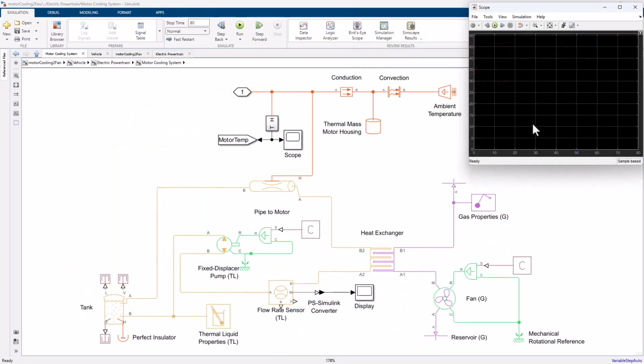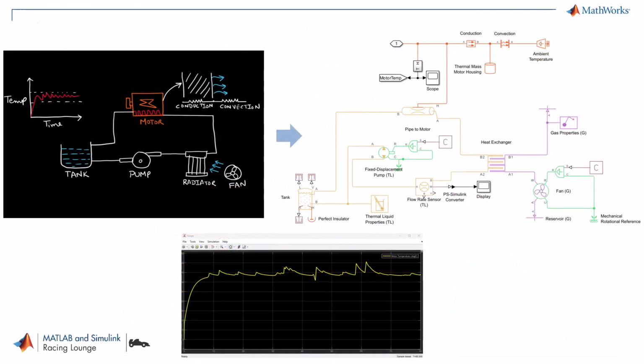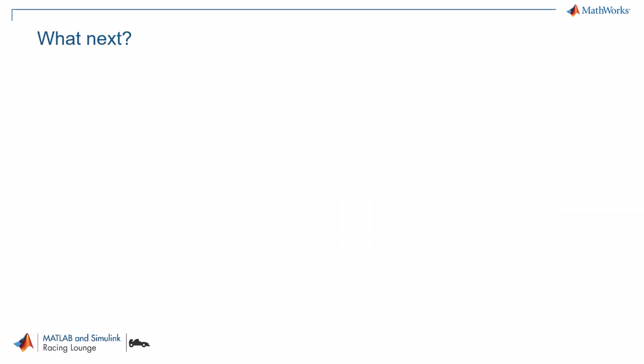So here we already have a pre-built model with all the variables defined, and now when we run the model, it is evident from the result that the motor temperature is under control when the cooling system is implemented. So this not only keeps the motor cool, but can also help you enhance the overall efficiency and reliability of your vehicle. In just a few minutes, you saw how you can easily mimic the system layout into a model using Simscape. We used an electric vehicle model as a reference, and for a certain drive cycle, we kept the motor temperature under control. So what next?